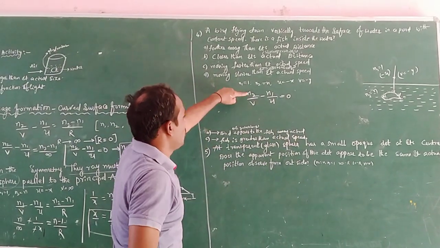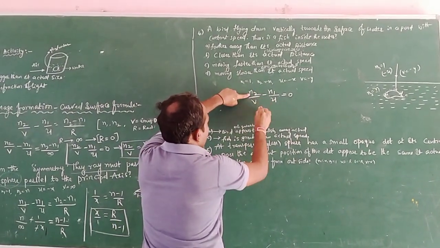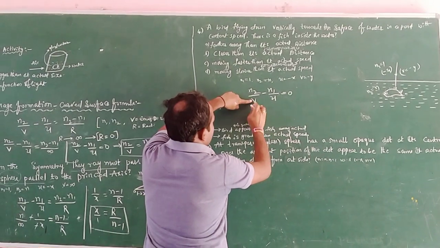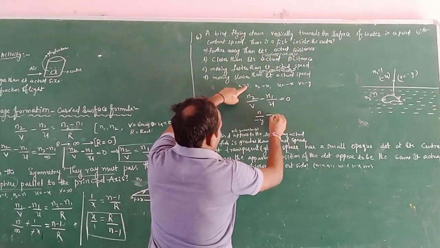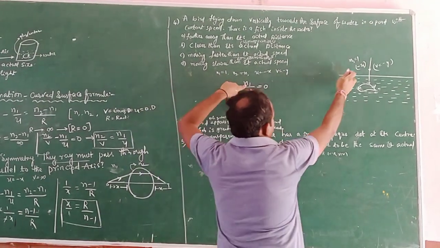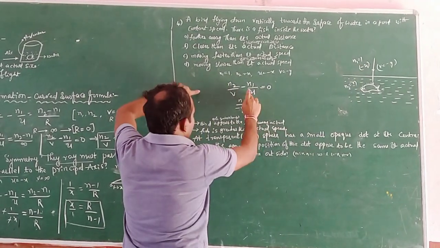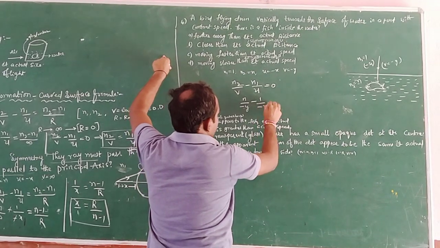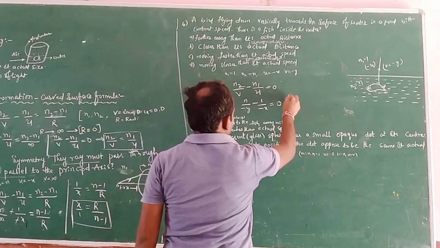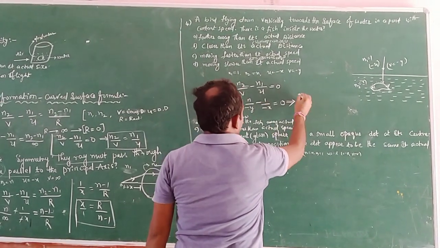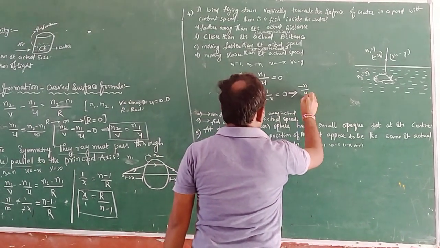And here, what is the value? n2 is equal to n, v is equal to minus y, and n1 is equal to 1, because n1 is the medium of air. The u value is minus x, so it is a 0. And what do we write here? So this implies minus n by y is equal to